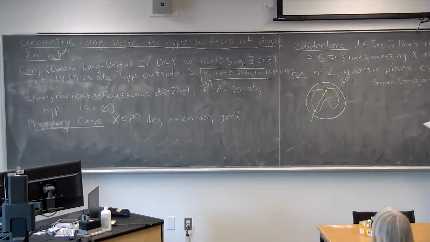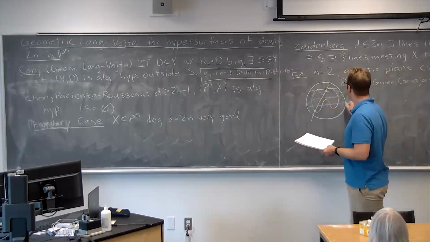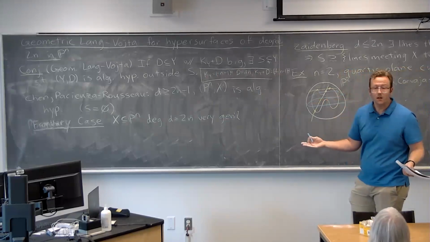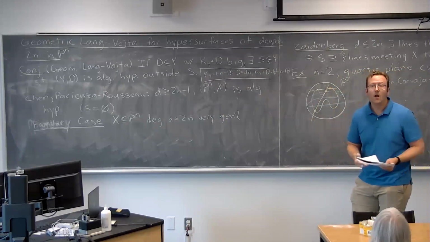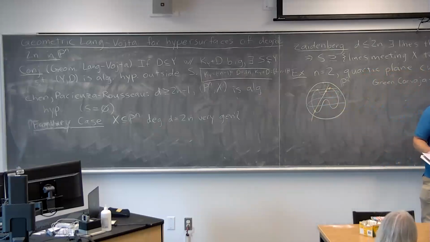Right, but just to re-emphasize, suppose we have some other curve, like some blue curve here. We're saying either the blue curve has high genus, or it's contained in the exceptional set, or it meets D in a lot of points. That's the conjecture. That's what it says. And the higher the degree of the blue curve, the higher either the genus or the number of points it meets it. That's B. And so we're able to resolve this.